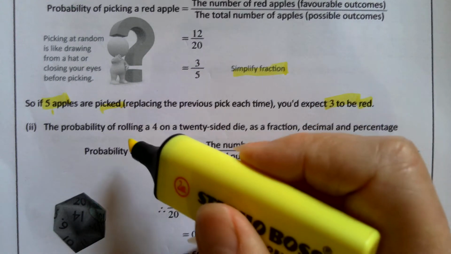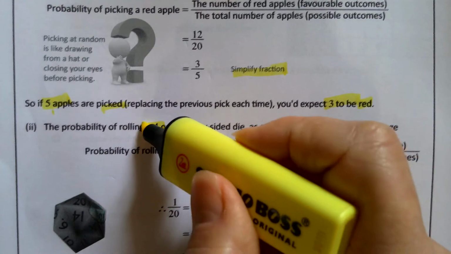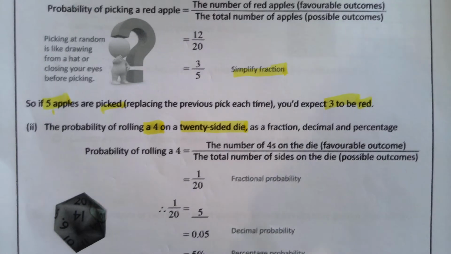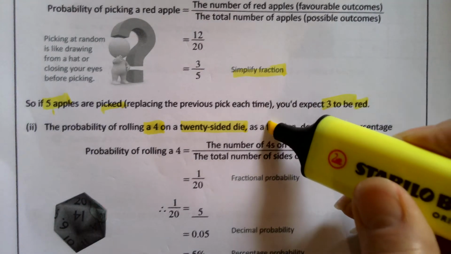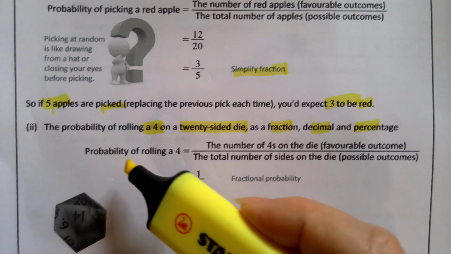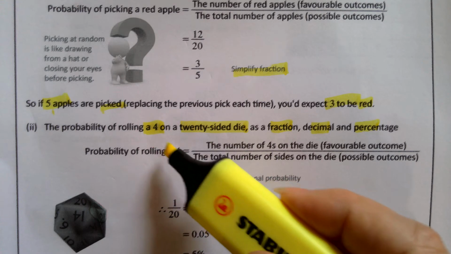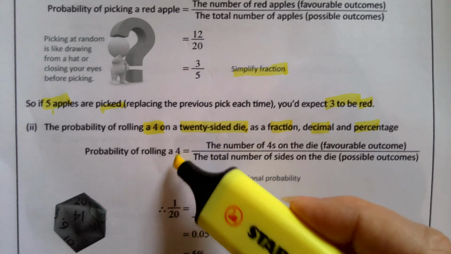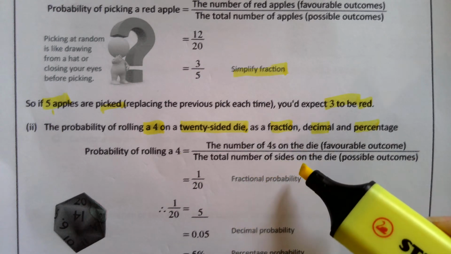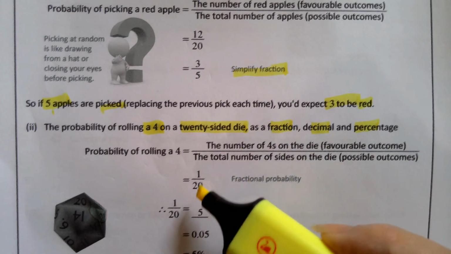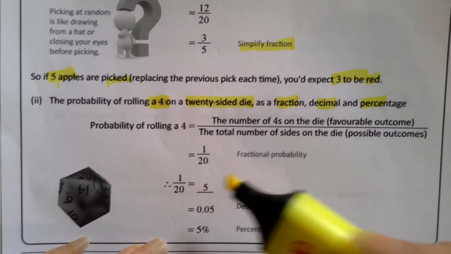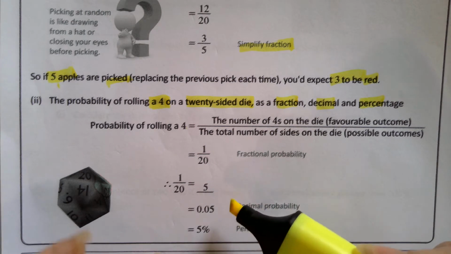The second type of question, we're rolling a 4, that is what we are looking for. It's a 20-sided die as a fraction, a decimal and a percentage. So our formula again, the probability of rolling a 4, that is the outcome, the event we're looking for. The number of 4s on a die and the total number of sides. There's 20 sides and there's 1 4. Therefore 1 over 20,